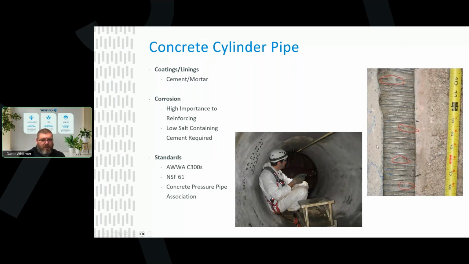So a lot of work goes into understanding these. It's all about protecting the wrapping, and making sure that the concrete is not itself a problem. That used to be one of the problems, that it had a lot of alkaline in the cement mixture, and it was corroding the supporting bar wrap.